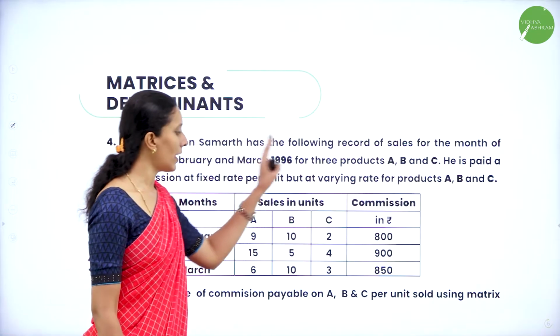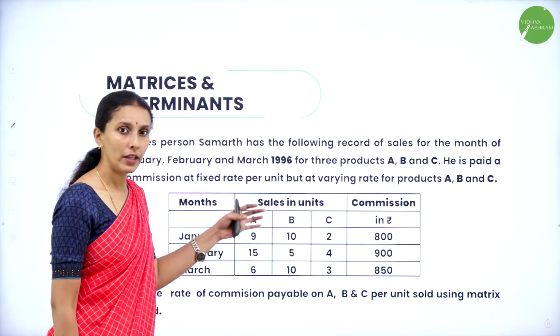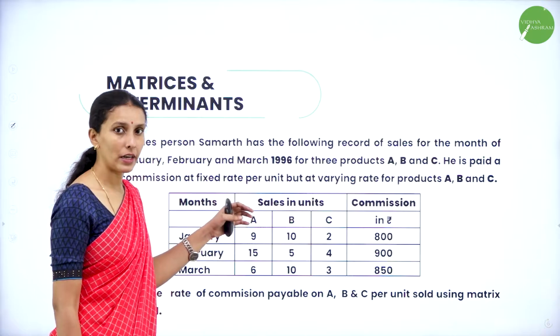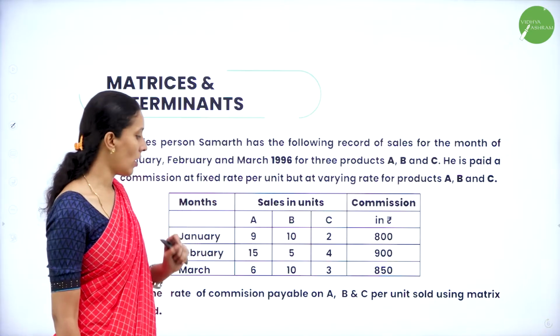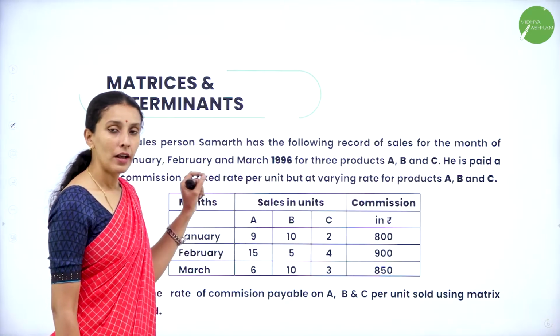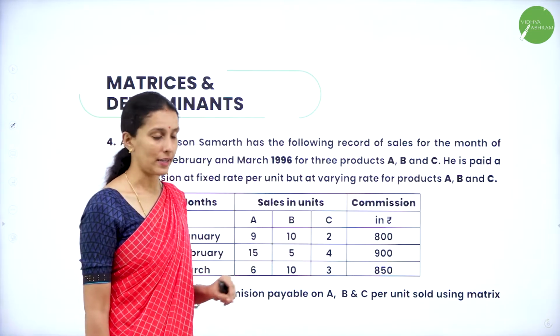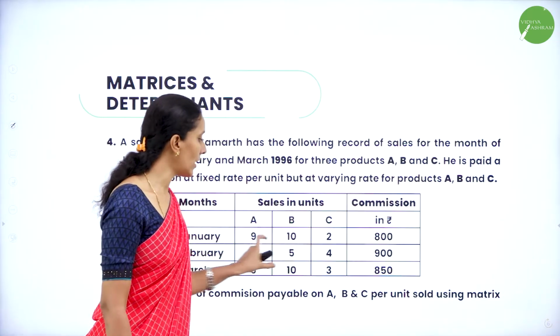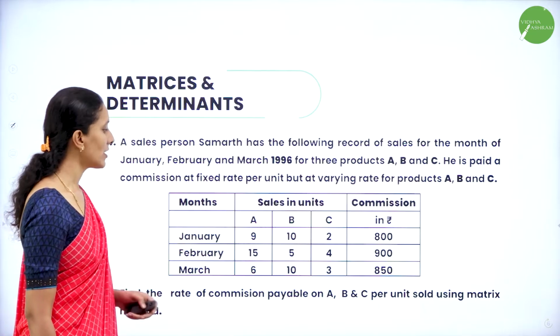So whatever tabular information they have given here, we need to convert it into the form of simultaneous linear equations. Then using matrix method, we need to find out the commission per product A, product B and product C. So we have here complete data. So let us express it in the form of a linear equation. So first I'll write here